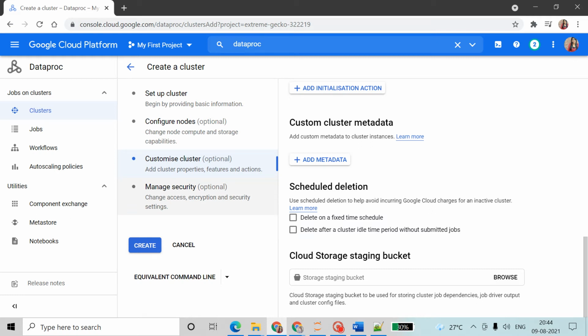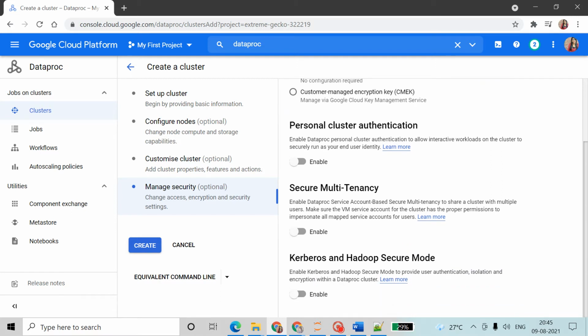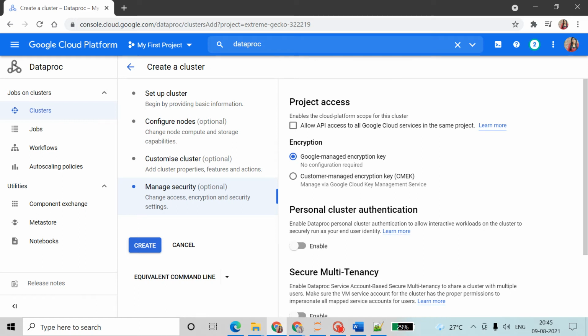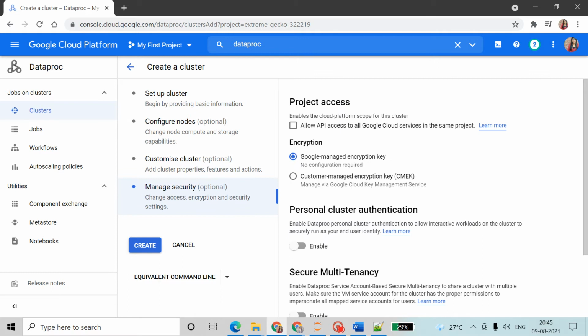So we will go through manage security. This manage security will show about their security. Even we know that GCP security is high level, no one can hack it and work on my data. So it has very good security. So now everything is done. Actually, first we have to set up our cluster only, like the main requirement is this only, and we don't have to worry about these three things. So now we will create our cluster.